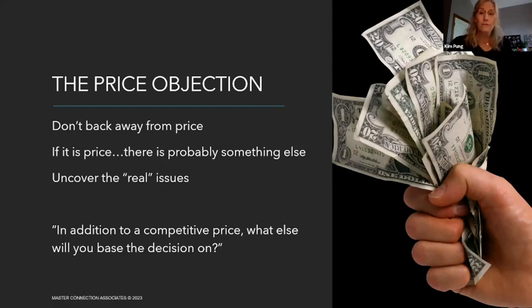Now, we've kind of already addressed the price objections that came up right away. Again, most often with price, it's something else, not price, right? And they're not seeing the value, as we talked about, in what you're offering. So we've got to figure out what those other issues are. It's far easier for them to say the price is too high than to say, I don't really like your conference center. I don't like your location. I don't like you. It's far easier to say, I think it's out of our budget, and then just get out of it, and move on, and then never talk to you again.